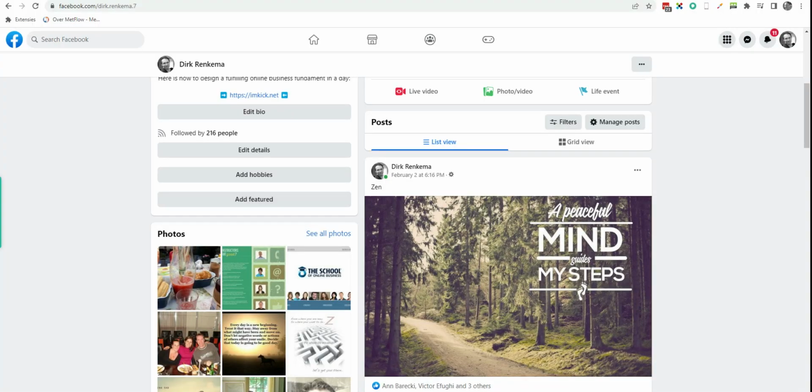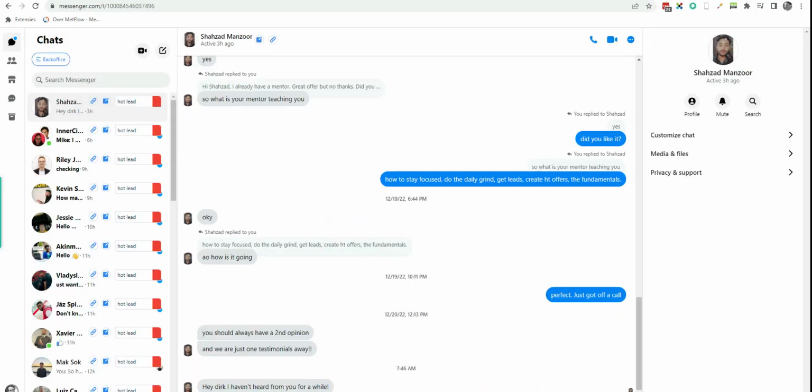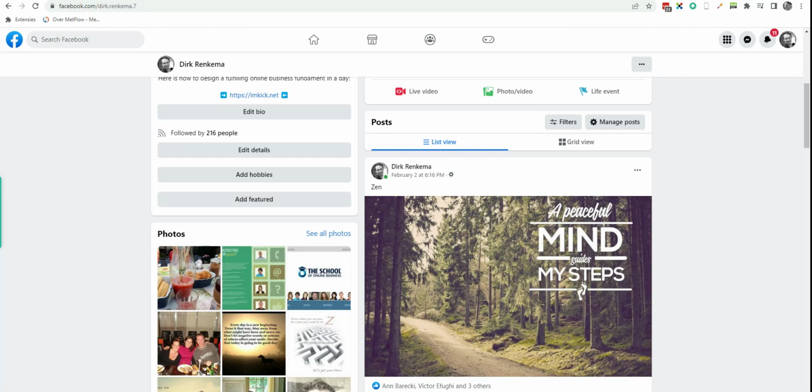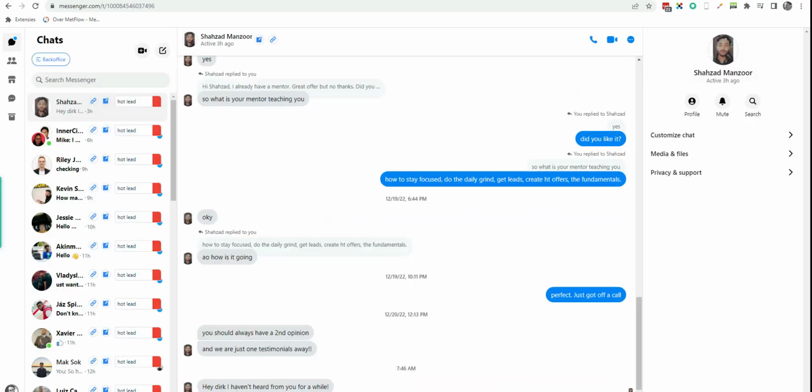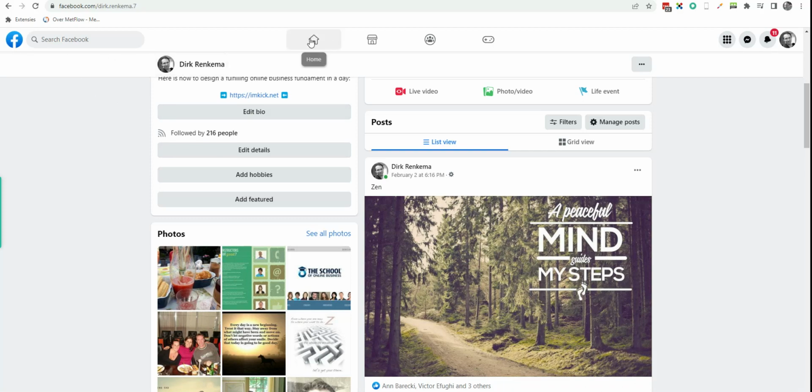So next you're going to do is log into Facebook and log into Messenger. When you don't have a Messenger account yet, you go to messenger.com and make an account. So once you are logged into Facebook and Messenger, you go to